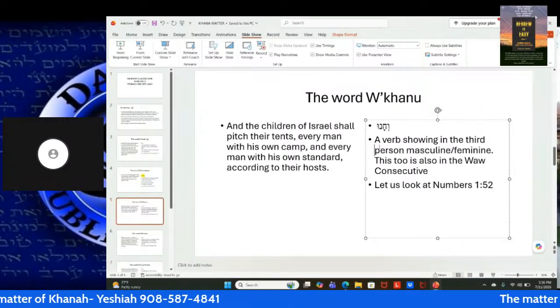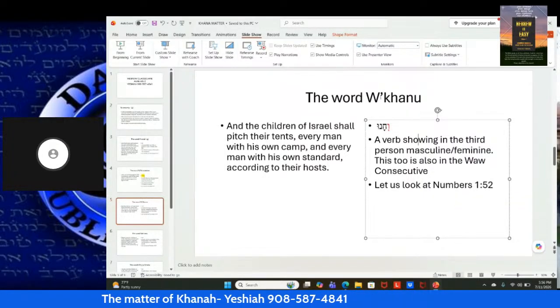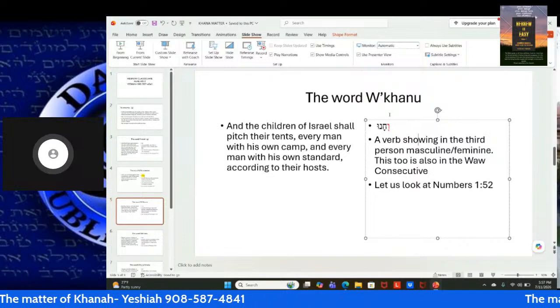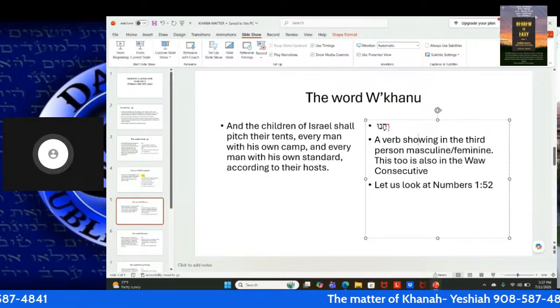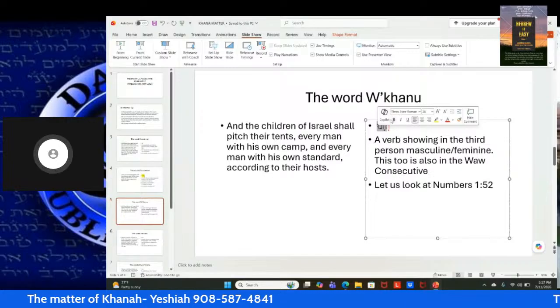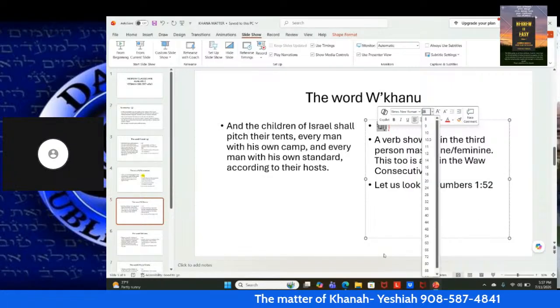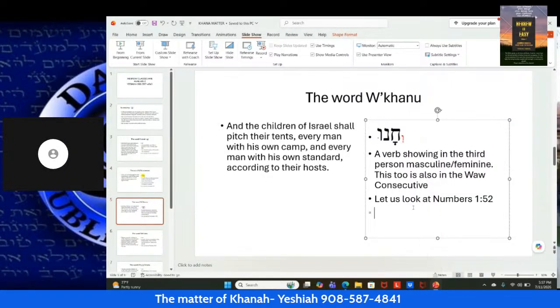Now, brothers and sisters, what we want to show here in the red serves as a prefix. The word we are focusing on, brothers and sisters, is the word kanu. All right? We're going to show it bold, not bold, bold, not bold, and we want to enlarge it in this particular manner. The word kanu means